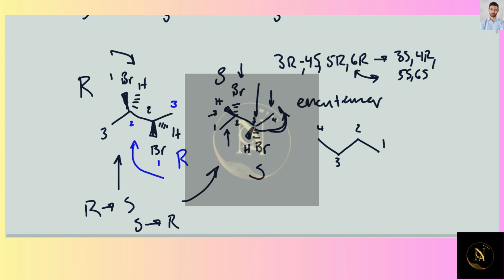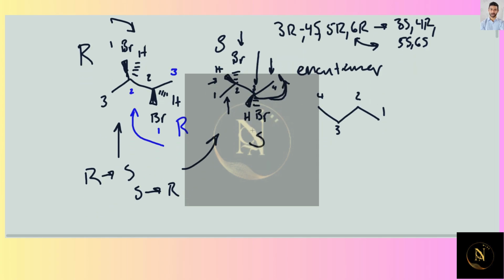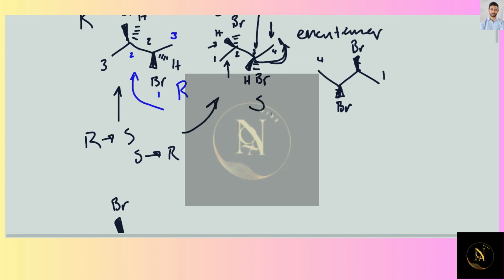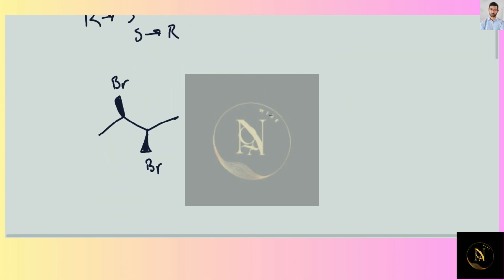And on carbon 3, there's going to be a bromine facing me. So a wedge to bromine on carbon 2 and a wedge to bromine on carbon 3. Okay, let's transport that down here. This is carbon 4. Carbon 3, I knew there was going to be a wedge to bromine. Carbon 2, a wedge to bromine. Carbon 1, nothing. Now that I've redrawn this molecule, it may be slightly more obvious that it's a mirror image,